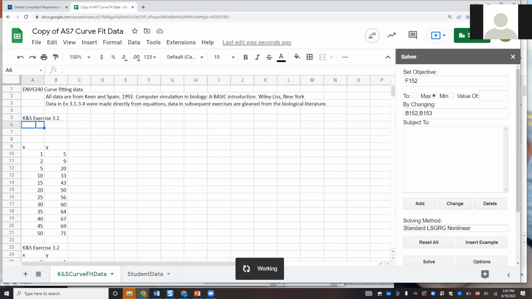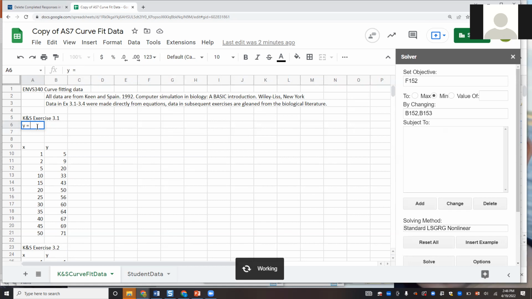So I would be writing Y equals, help me out, what would I write here? So this is sort of like a little quiz. What would be the right equation for hyperbolic saturation if I'm calling my independent variable X, my nutrient concentration is X, and my growth rate is Y? Y equals what? Just give me an equation here. So this is basically, what is the hyperbolic saturation equation? Y equals